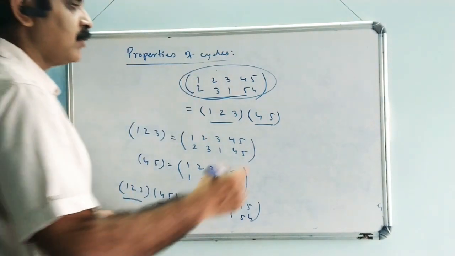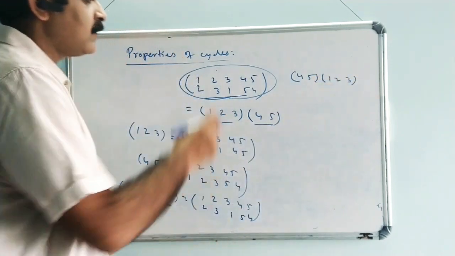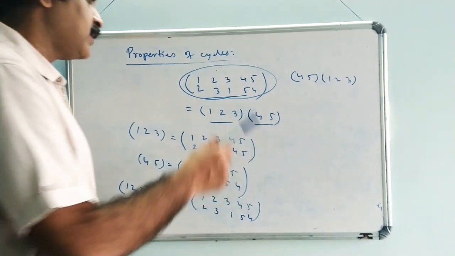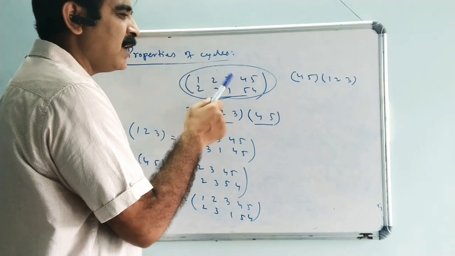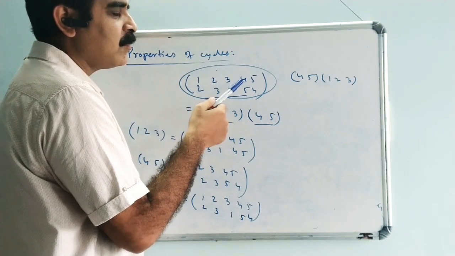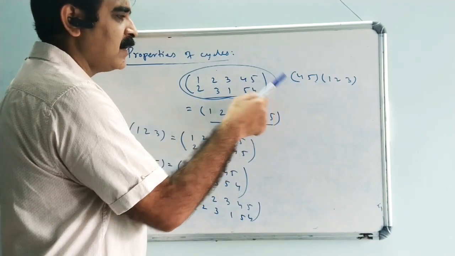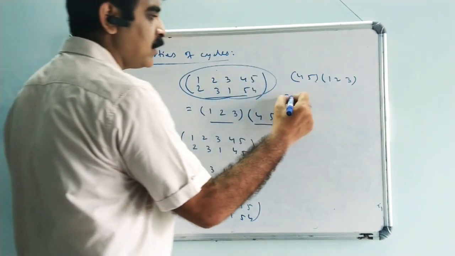Also, we want to check whether we can write this permutation as this, because anyone can think about the cycles, the process of writing the cycle from any element of these permutations. Begin from any element. Therefore, if one begins from 4, then this cycle will come first, and then this cycle. So we want to check this.